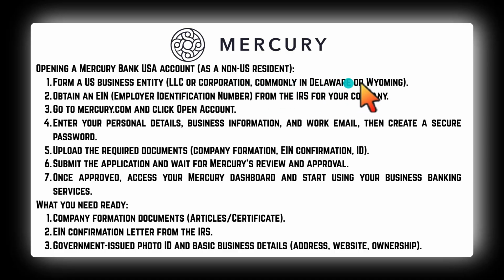After setting up your company, the next step is to get an EIN, which stands for Employer Identification Number. This is a tax ID issued by the IRS and is required for opening a U.S. business bank account. Once you have your company and EIN ready, go to the official Mercury website and click on